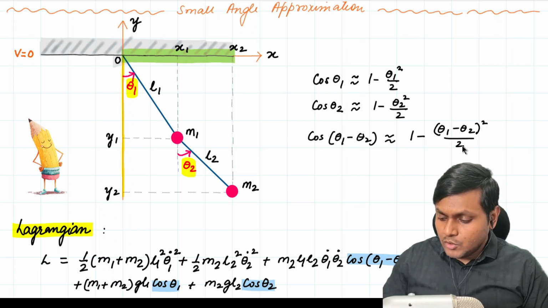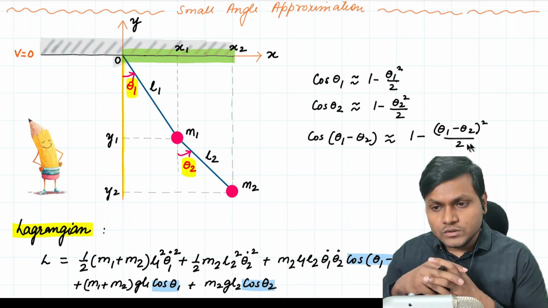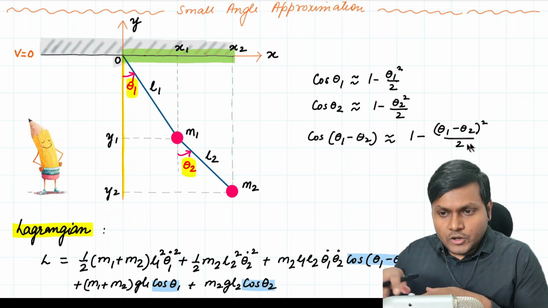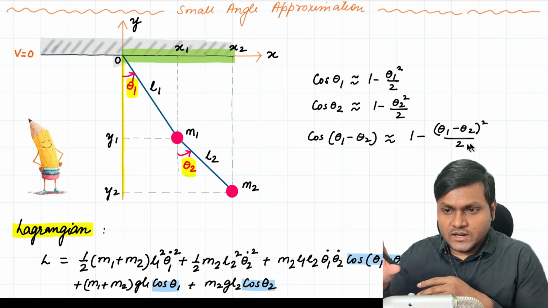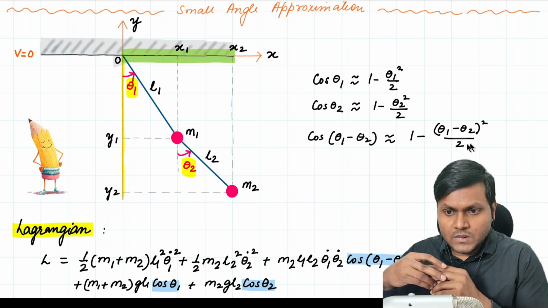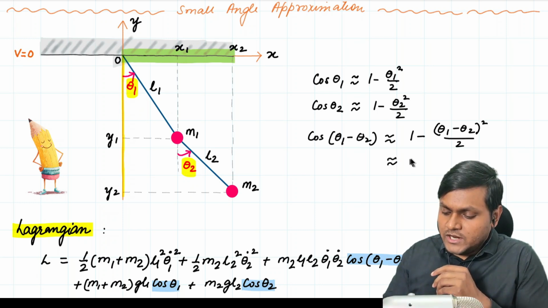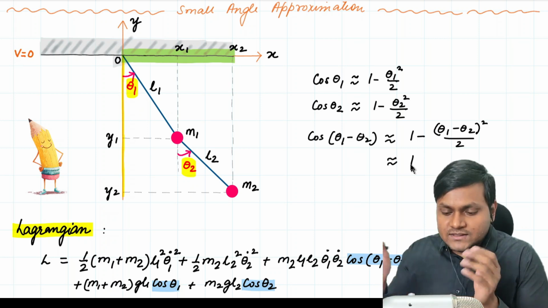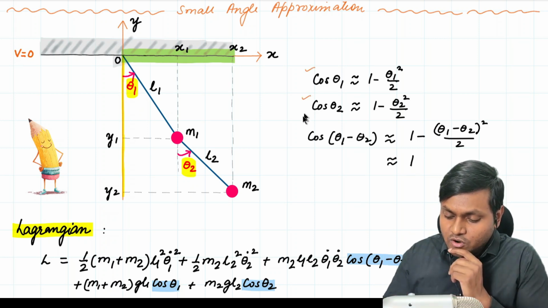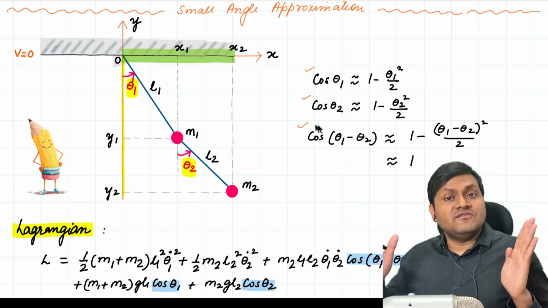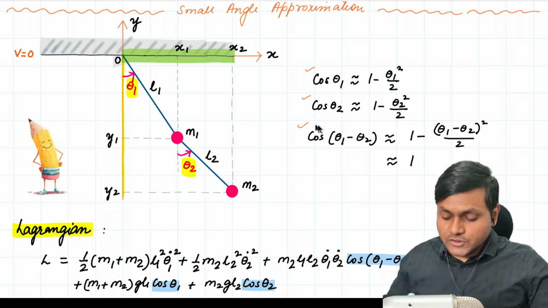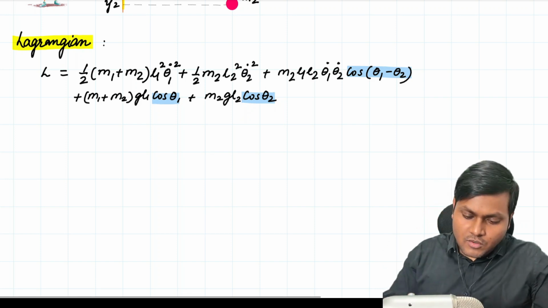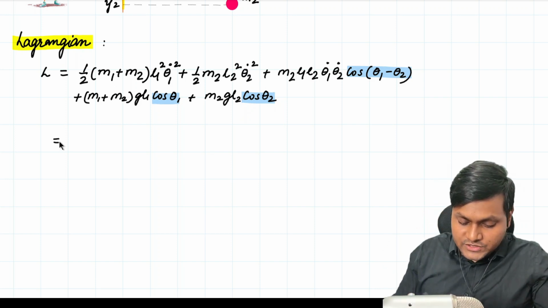Since θ1 and θ2 are both small angles, there are going to be 3 terms involved in this particular square of the sum. So I can actually approximate it to 1 to simplify my calculations. So for small angles, if I make these approximations, saying that we have sufficiently small angles where these approximations are true, then the general expression for the Lagrangian will transform into the following,